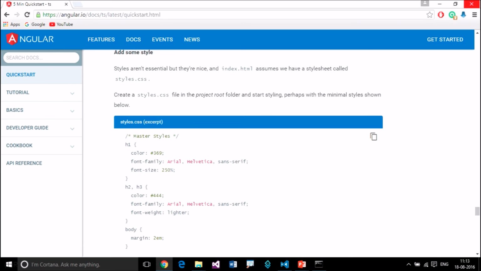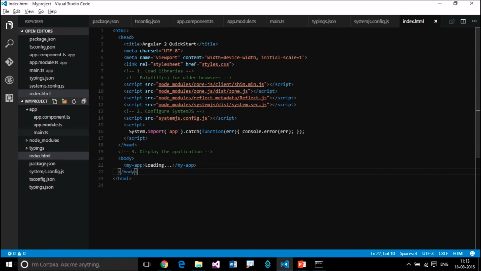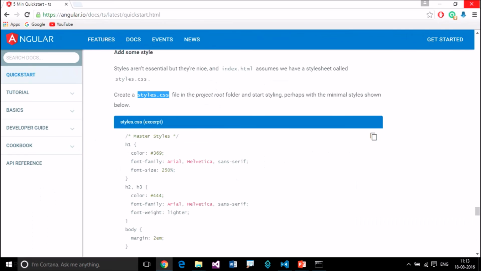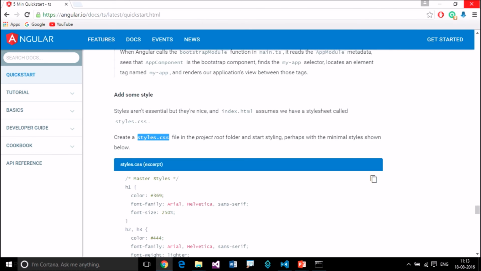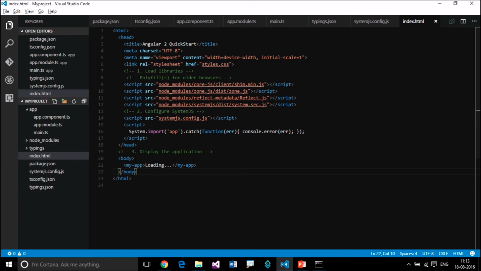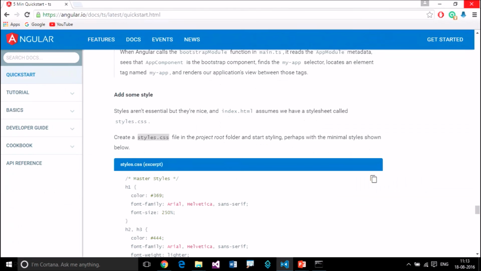So some styling around that. Let's create a styles file.